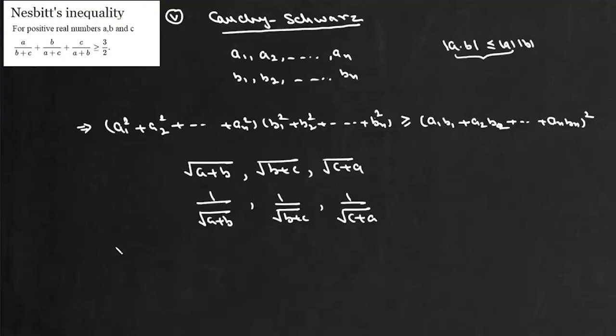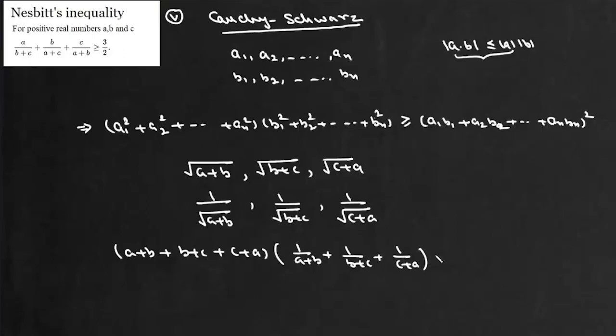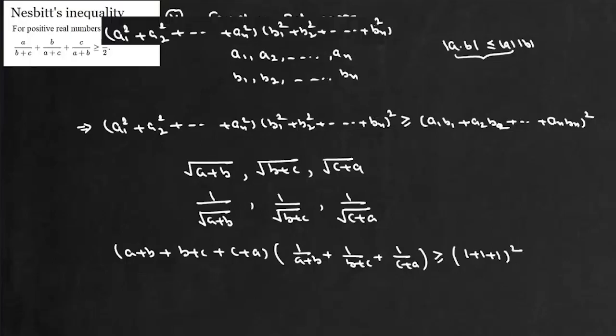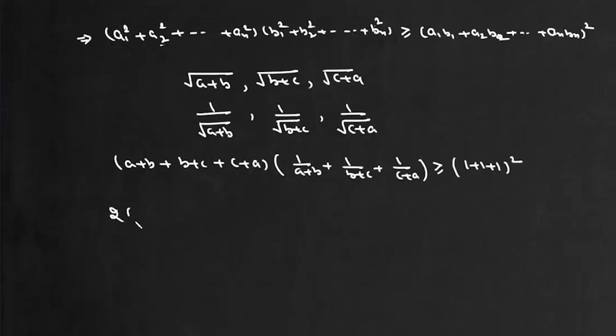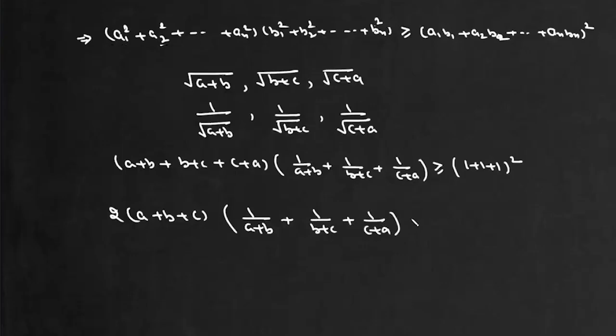अब a1 स्क्वायर, a2 स्क्वायर और a3 स्क्वायर, तो ये हो जाएगा आपका a प्लस बी प्लस बी प्लस सी प्लस ए, और यहां पे हो जाएगा आपका 1 अपॉन ए प्लस बी प्लस 1 अपॉन बी प्लस सी प्लस 1 अपॉन सी प्लस ए, एंड दिस इज ग्रेटर देन और इक्वल टू a1 b1, तो ये हो गया 1 प्लस 1 होल स्क्वायर के, तो ये हो गया आपका 2 टाइम्स a प्लस बी प्लस सी, तो इसको हम लिख सकते हैं 2 टाइम्स a प्लस बी प्लस सी, और ये हो गया 1 अपॉन ए प्लस बी प्लस 1 अपॉन बी प्लस सी प्लस 1 अपॉन सी प्लस ए, एंड दिस ग्रेटर देन और इक्वल टू 9।